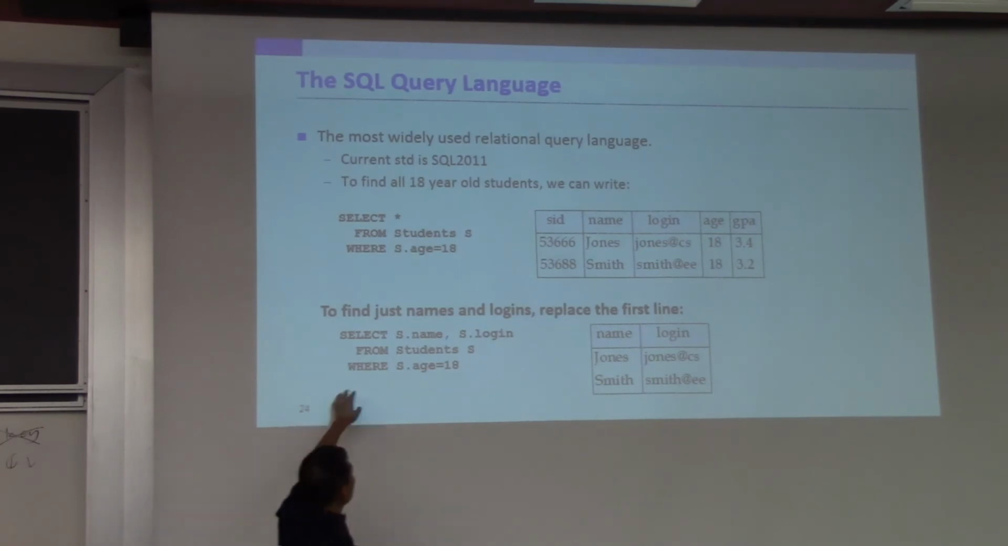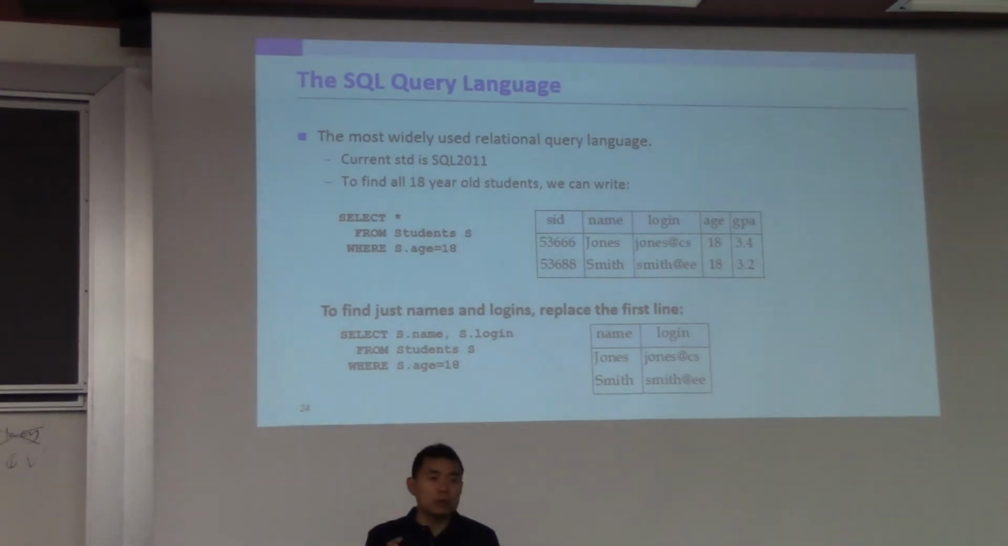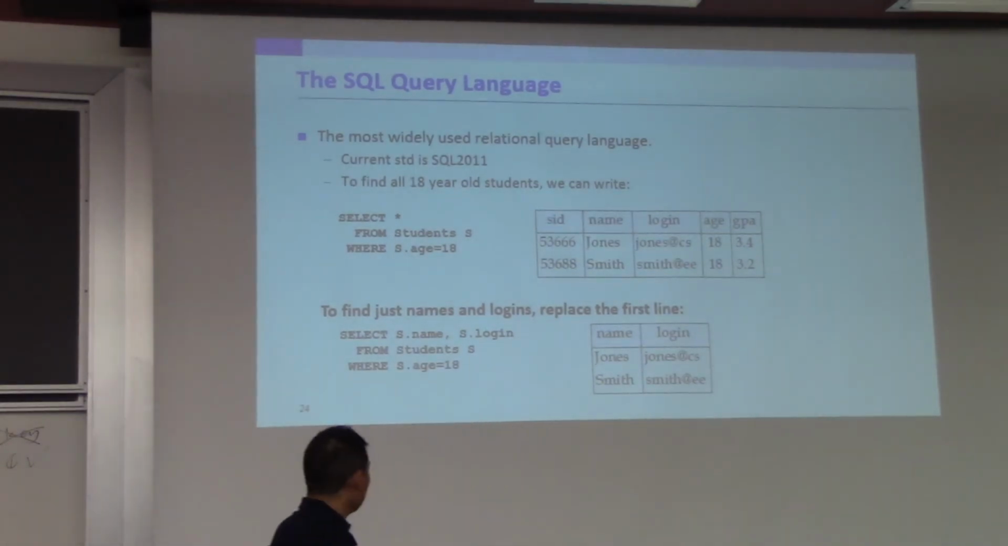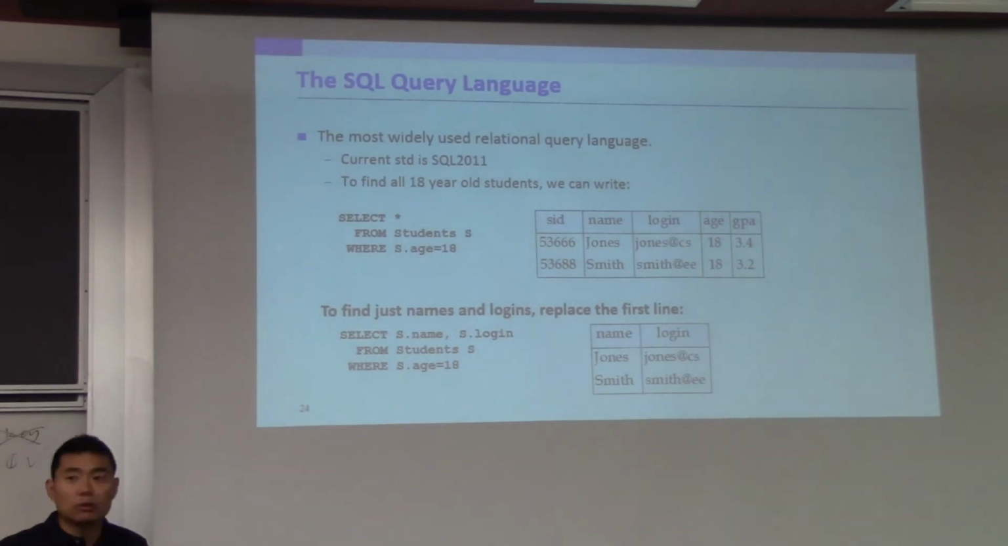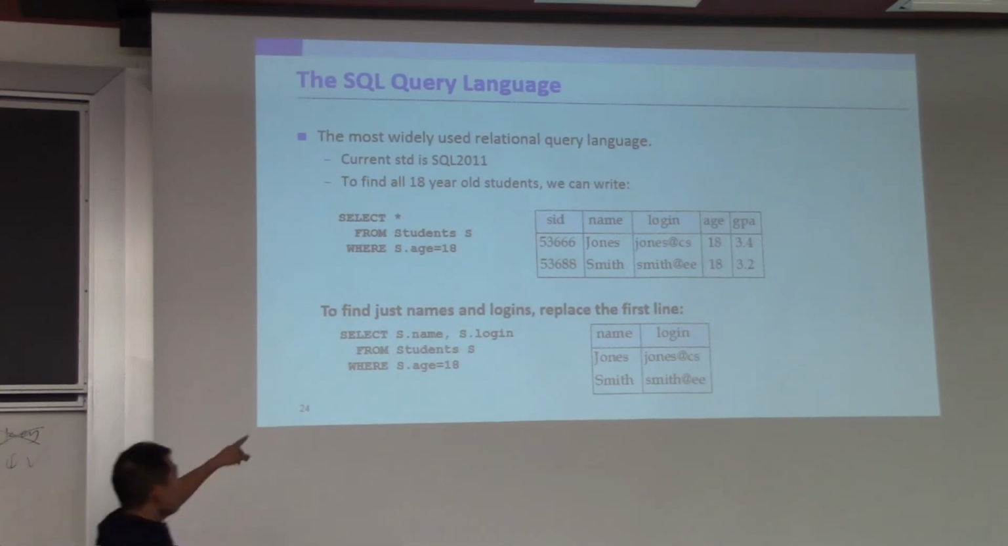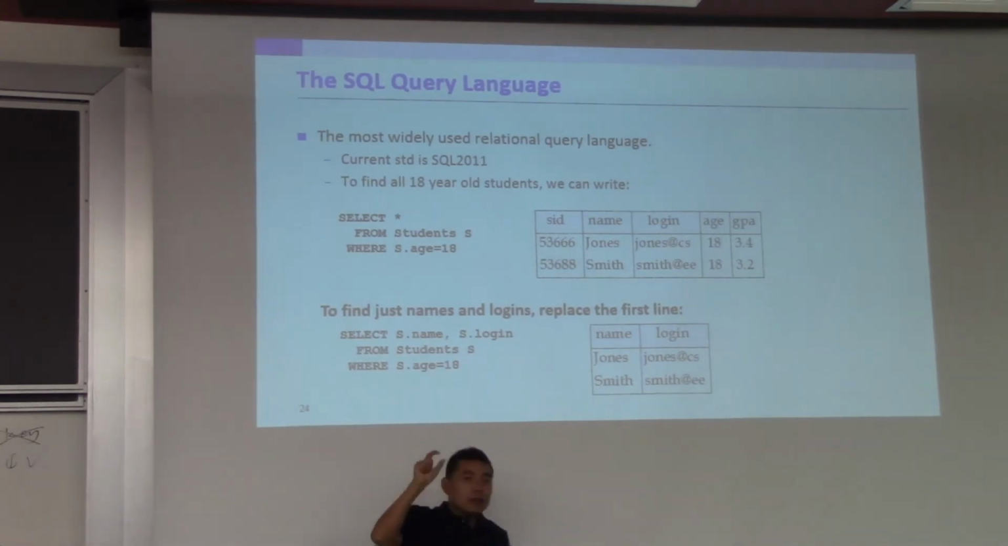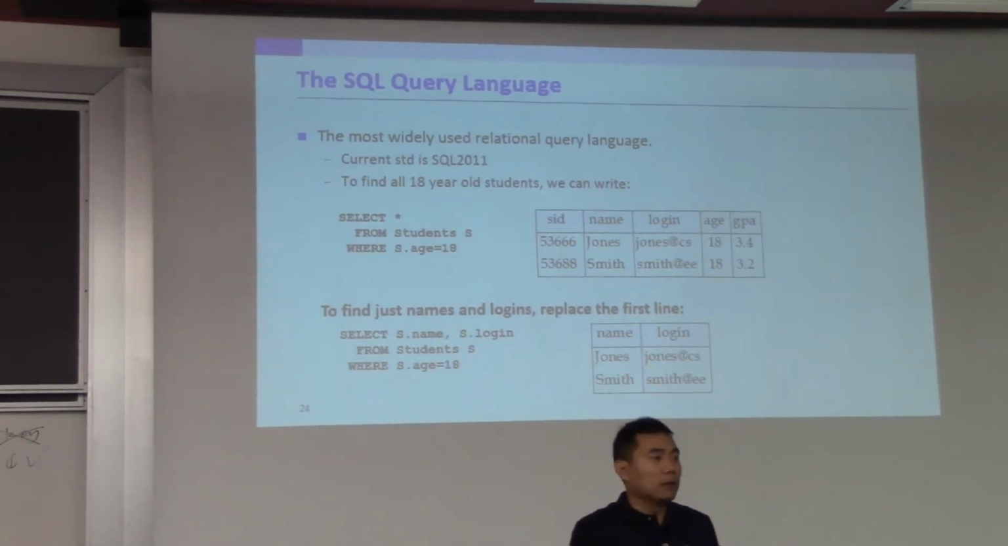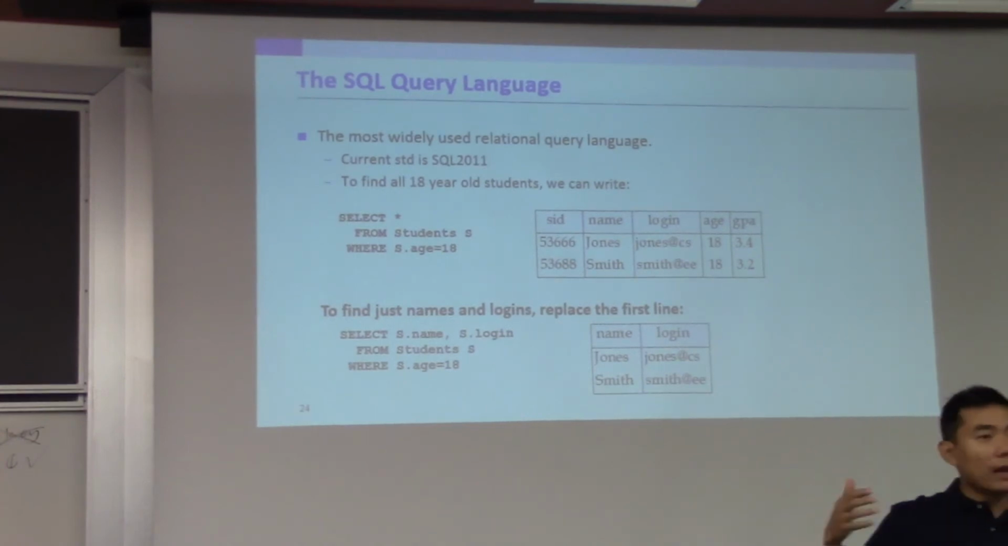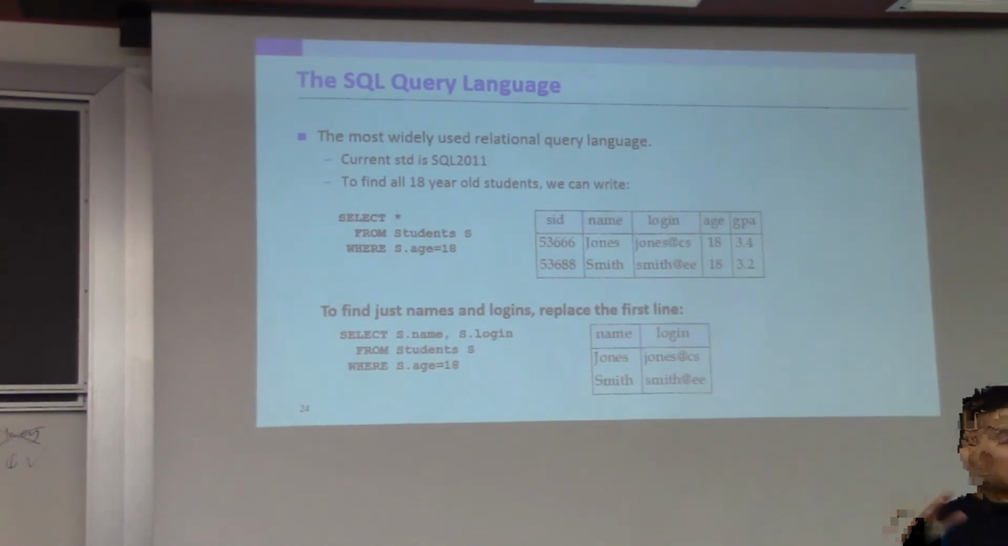Let's continue this example. Let's say I'm not interested in all attributes. I'm only interested in name and login. So I will select student name, login from student where age equals 18. Okay? Now, this example illustrates yet another important concept in SQL that we will study heavily in this course,